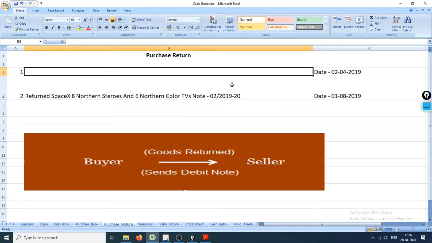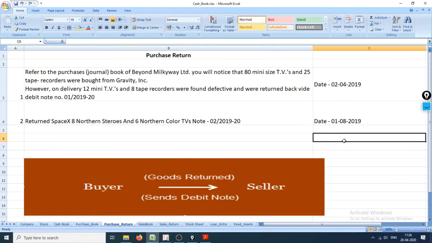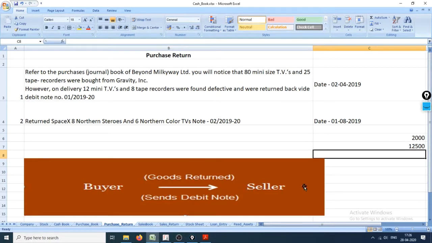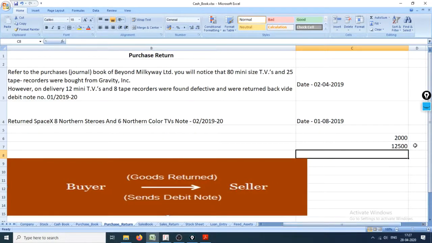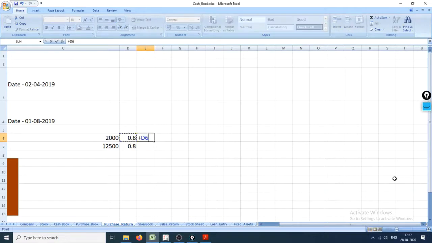So yes, we purchased these at the rate of 2000 and 12,500. Let's apply the discount on them and then we can calculate the original rate, that is 0.80, right? 0.80, yes, 20% was the discount.